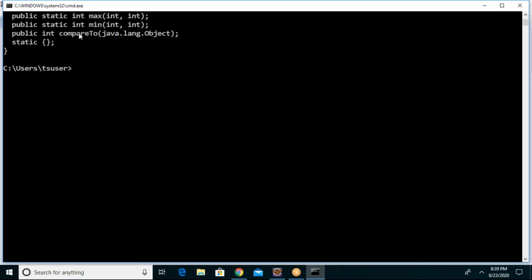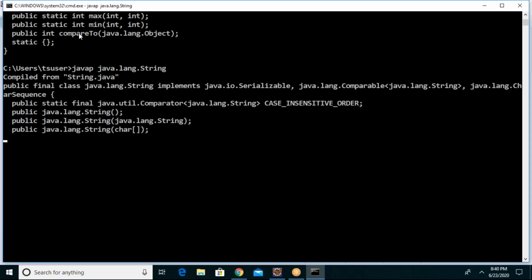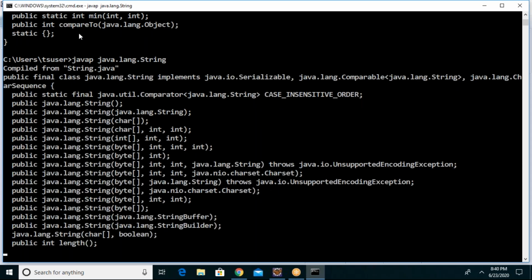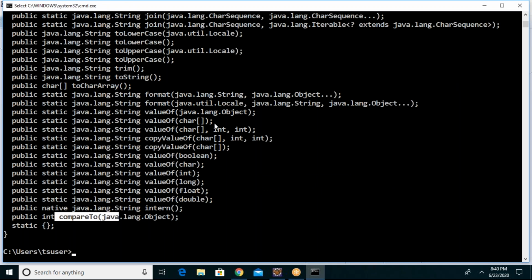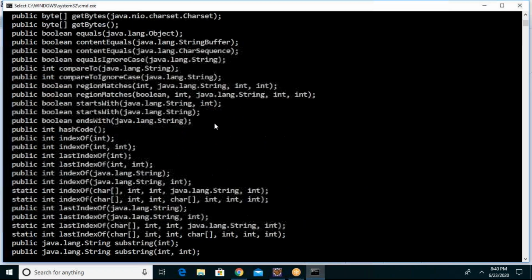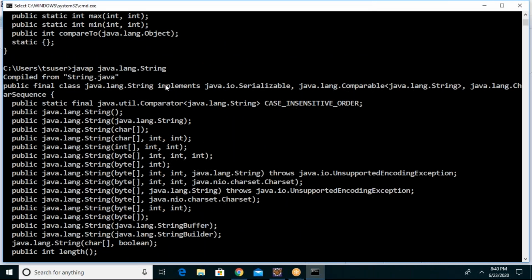Guys, do remember. Next, let me go with the String class, Double class. Everywhere you find this common. See, the compareTo method is also overridden here. I mean, the compareTo method is available in this class, and the String class also implements Comparable.